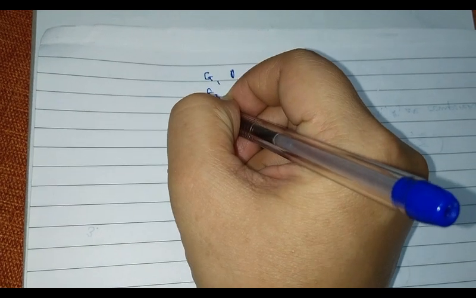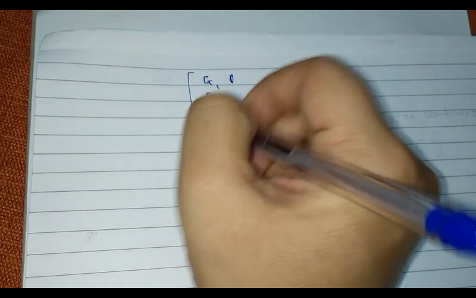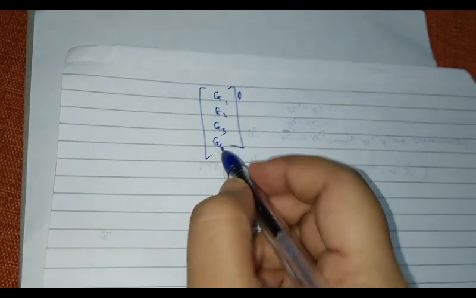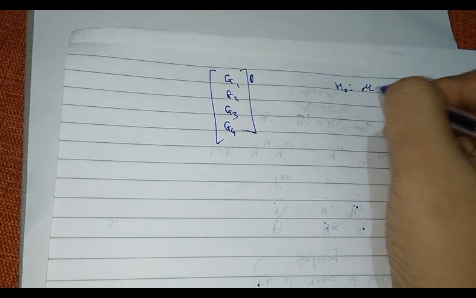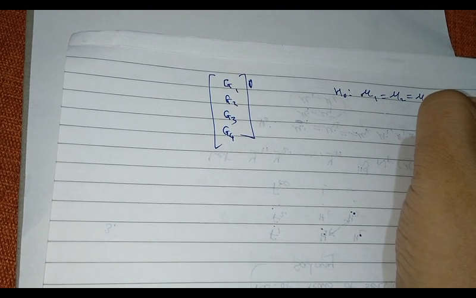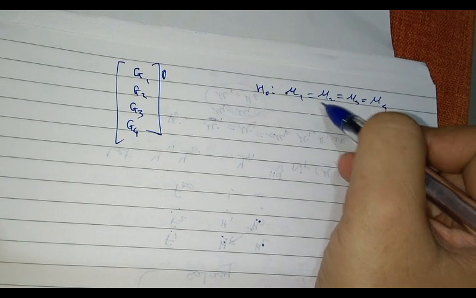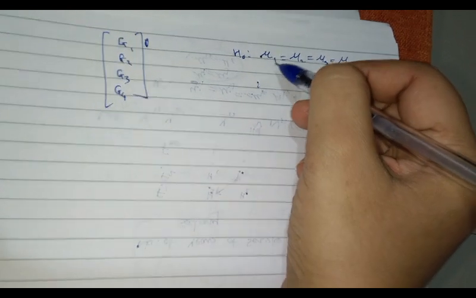Okay, let me give an example again. I will give you two examples. Again on the basis of GPAs. So I have 4 GPAs, G1, G2, G3, G4. I have recorded 4 GPAs for each student. So one hypothesis that might be of interest to me is whether mu1 equal to mu2 equal to mu3 equal to mu4. That is, does a student remain consistent throughout all 4 semesters? This is one hypothesis of interest which can be tested using the technique that we are going to see now.